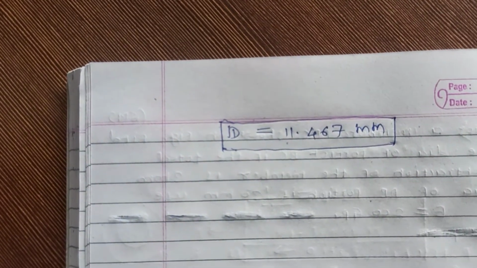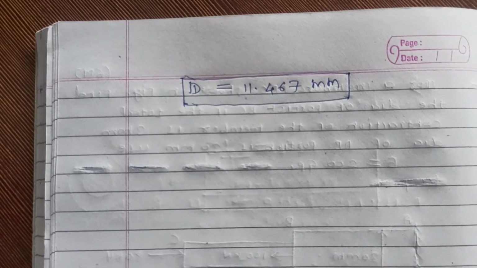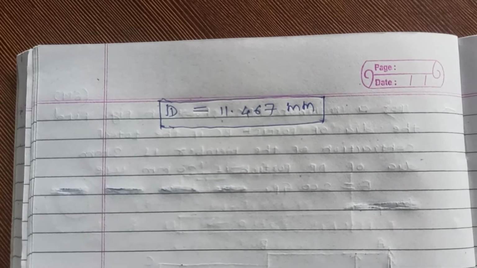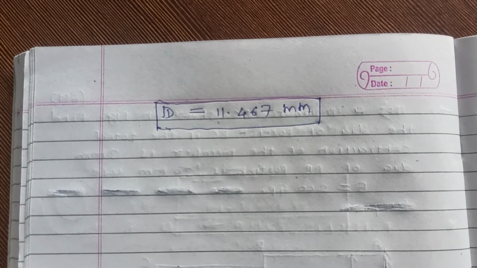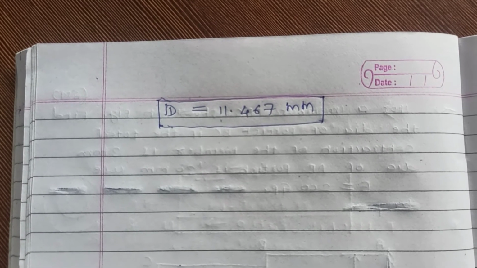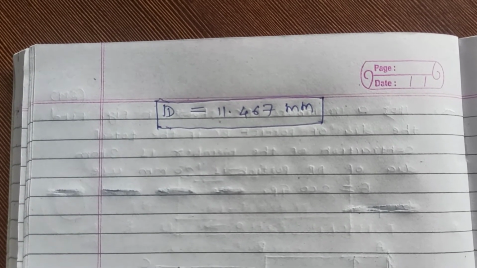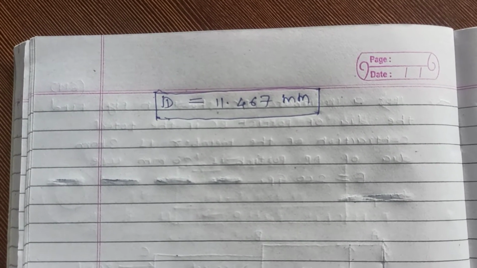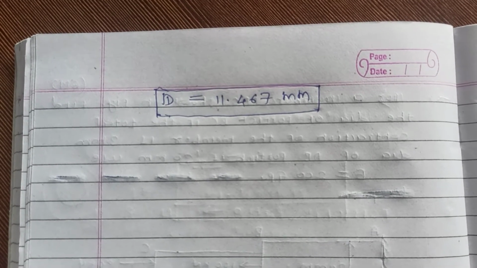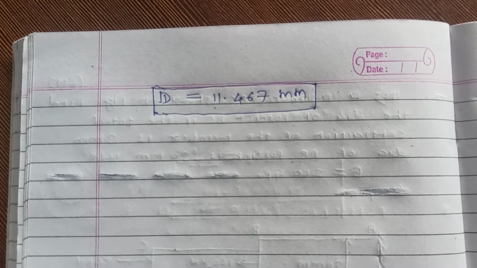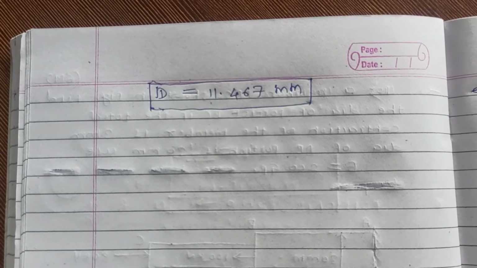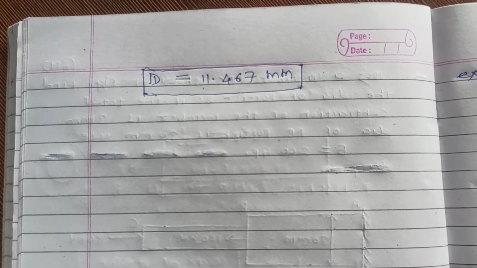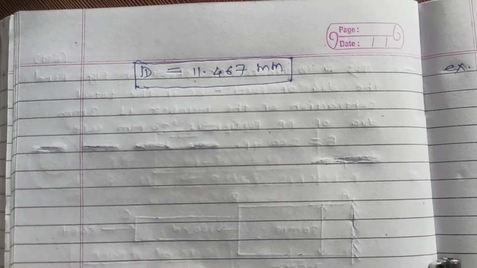The main important point in this problem is how to draw the free body diagram. I have already repeated many times how to draw the FBD, what tricks we have to use to draw the free body diagram. Just use that trick and try to solve the problem, you will get the final answer. I hope you get what I have said. If you have any problem, don't be hesitant to ask, you can ask me anytime. So this is a problem for 6 marks. Now we will see the next problem.